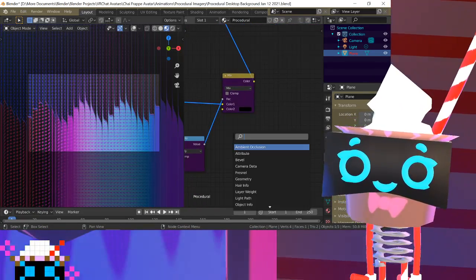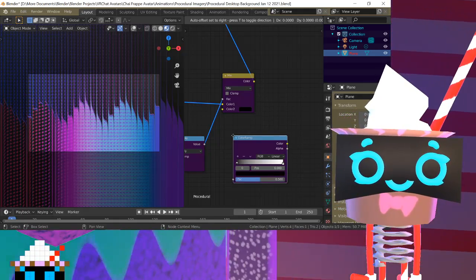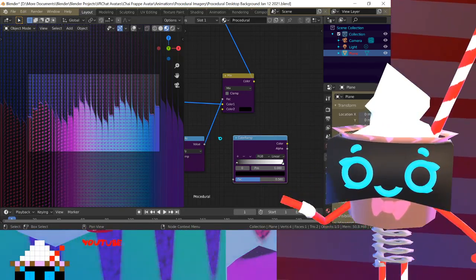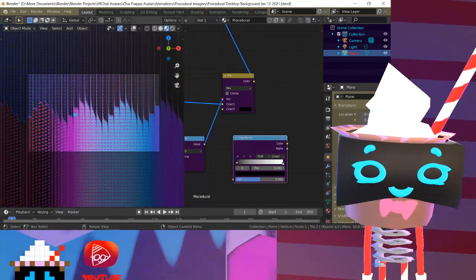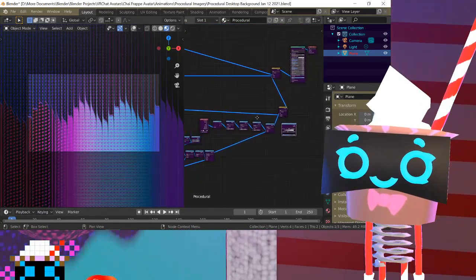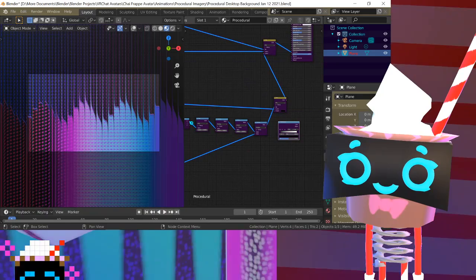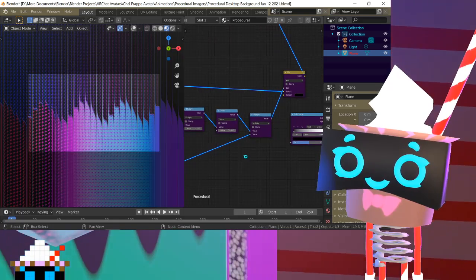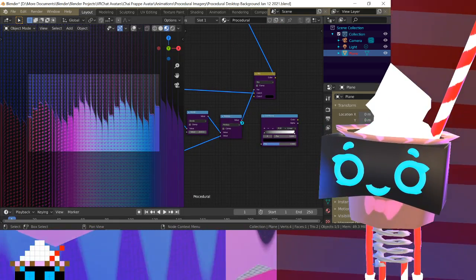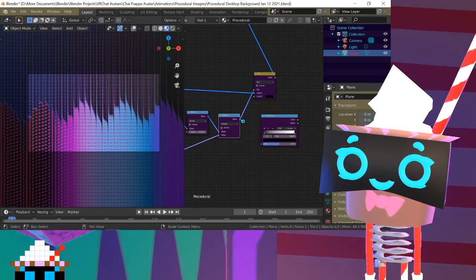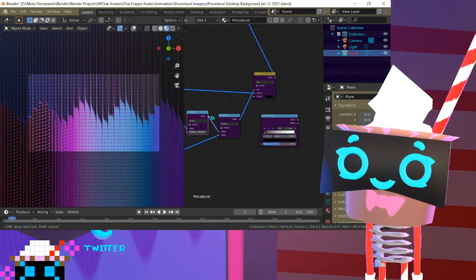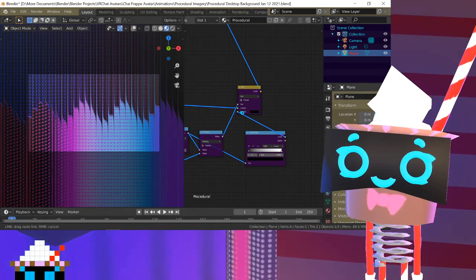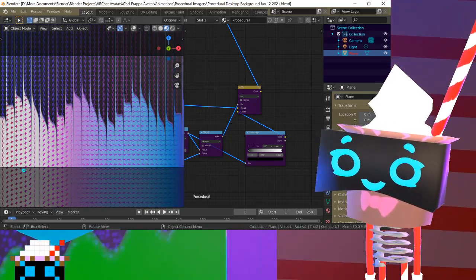Alright, okay. So now let's change the color. I want to change that color. Let's do a color ramp. So with color ramp we can interpolate between different colors. So it's really good for gradients. That's what I've been using for these gradients. And what you do over here is you take the x value like this. In fact, we could probably just take this output right here, or maybe this one, and use that as our factor. And then that's how we're gonna interpolate between these colors. So now it's going between white and black,